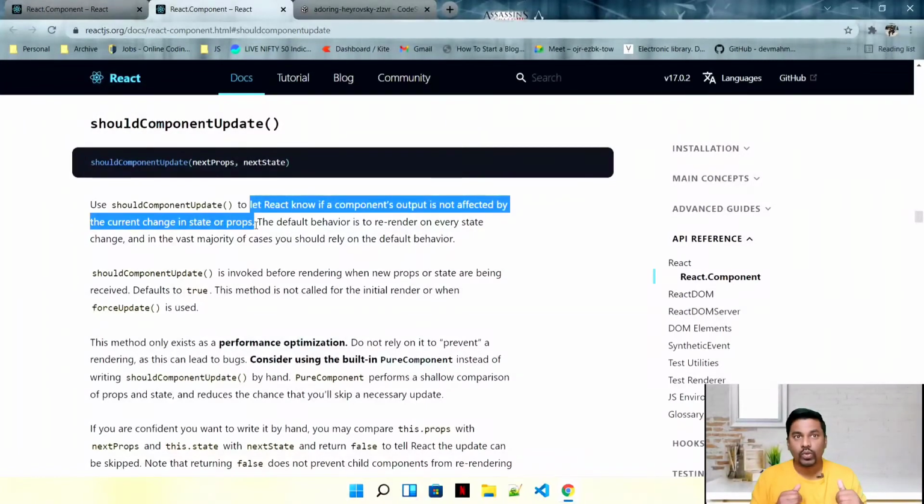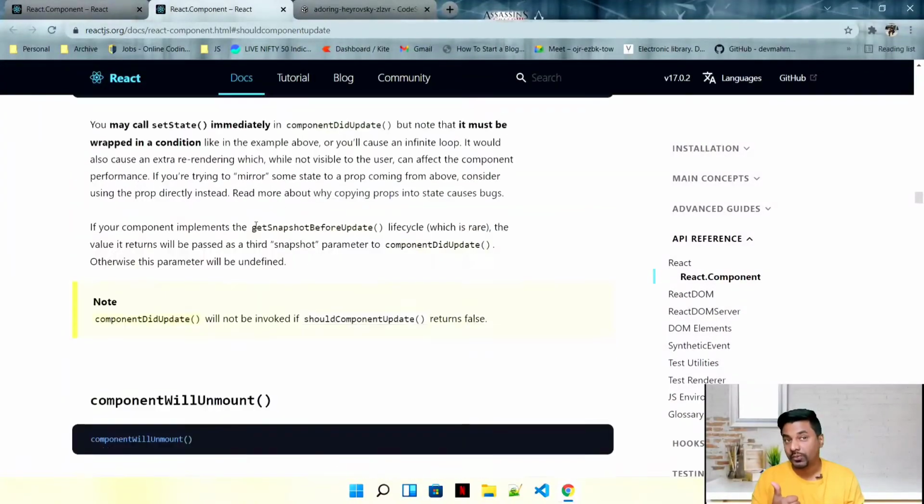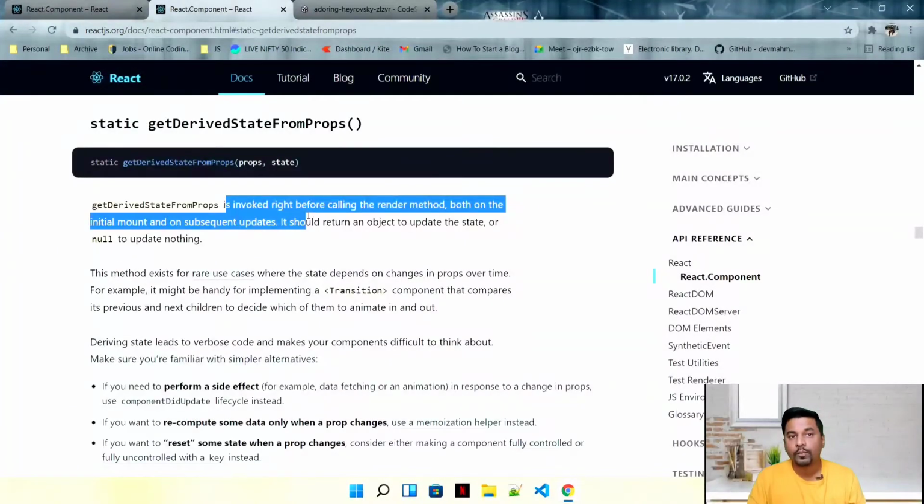So now an important question: what is the difference between get derived state from props and should component update? Get derived state from props is invoked right before calling the render method, on both the initial mount and subsequent updates.